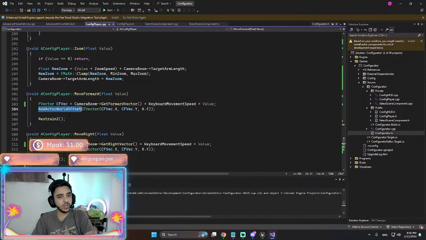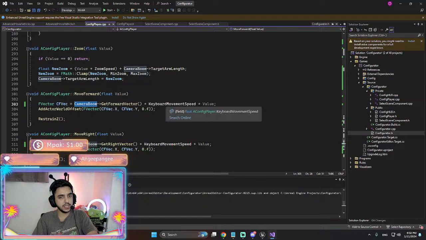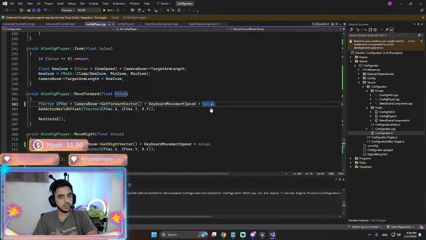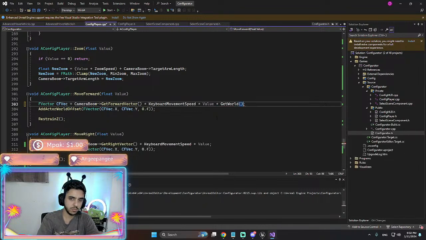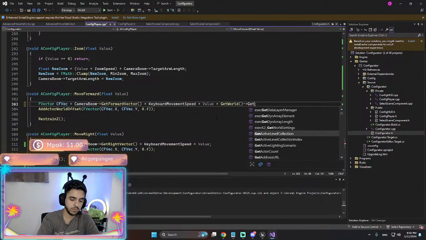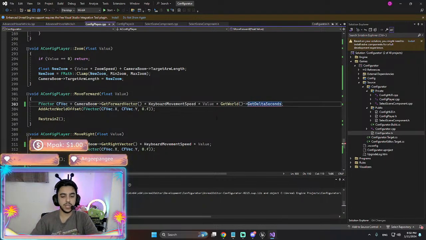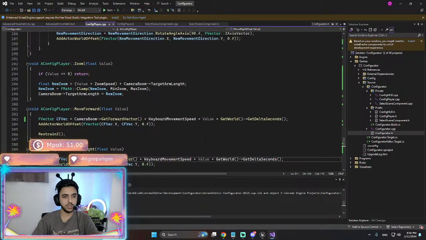If we say add actor world offset by this amount, if we multiply it by... I'm gonna see what happens. Okay, and then we have to increase the speed for sure, 100%.